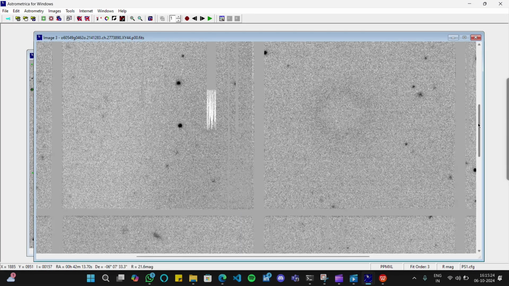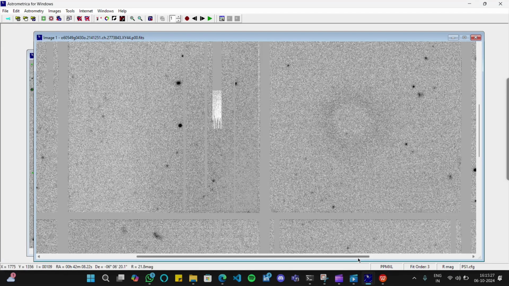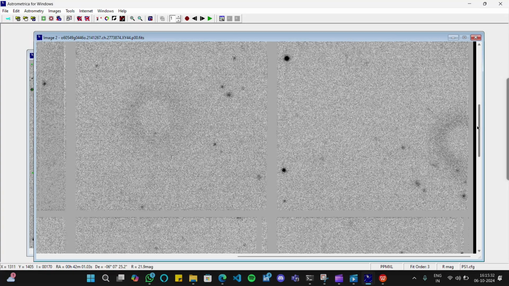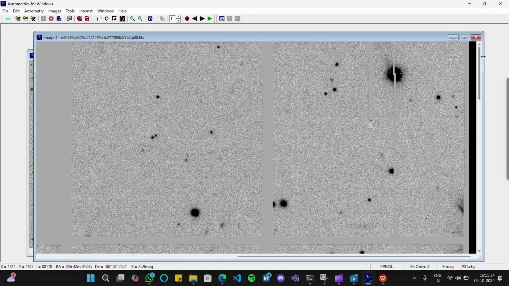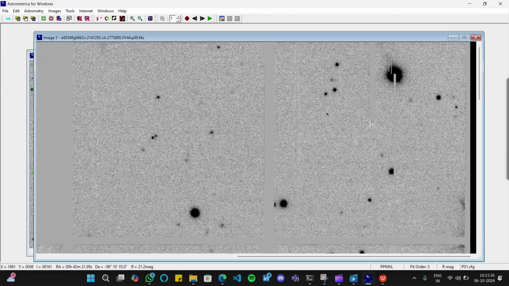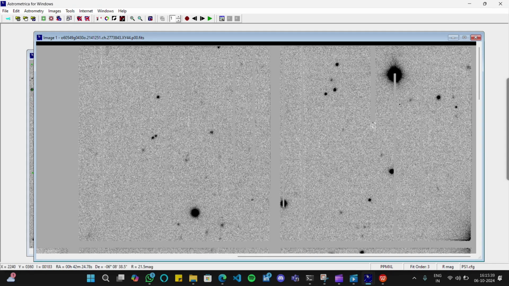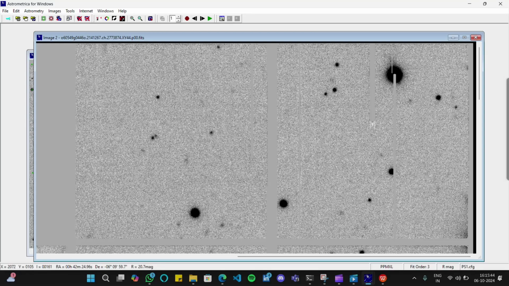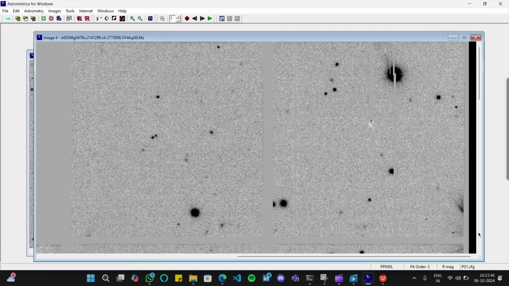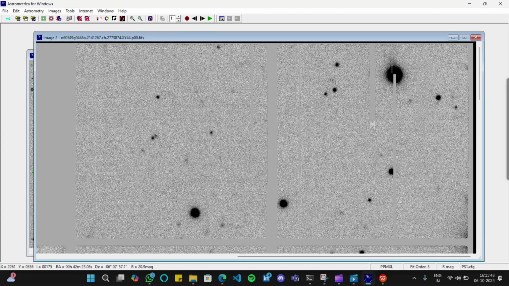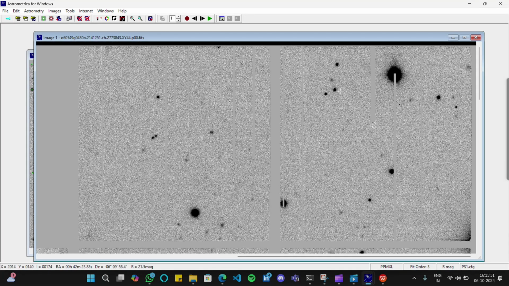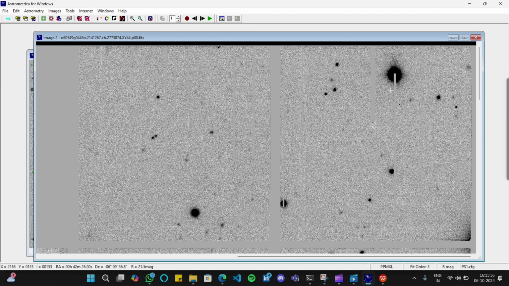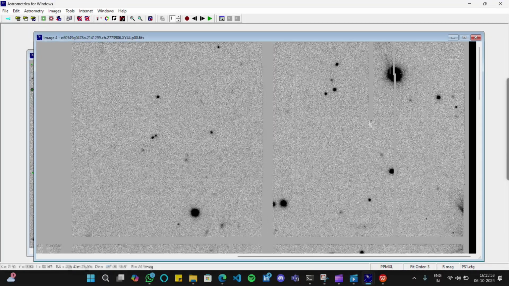Here is a bar you can see to scroll. What you need to do is start from the very upper end. Here you can see small boxes, and likewise many boxes are there. You have to start from one box and then move to another box. What it will do is help you not to miss any asteroid. You can have a proper track of every asteroid.